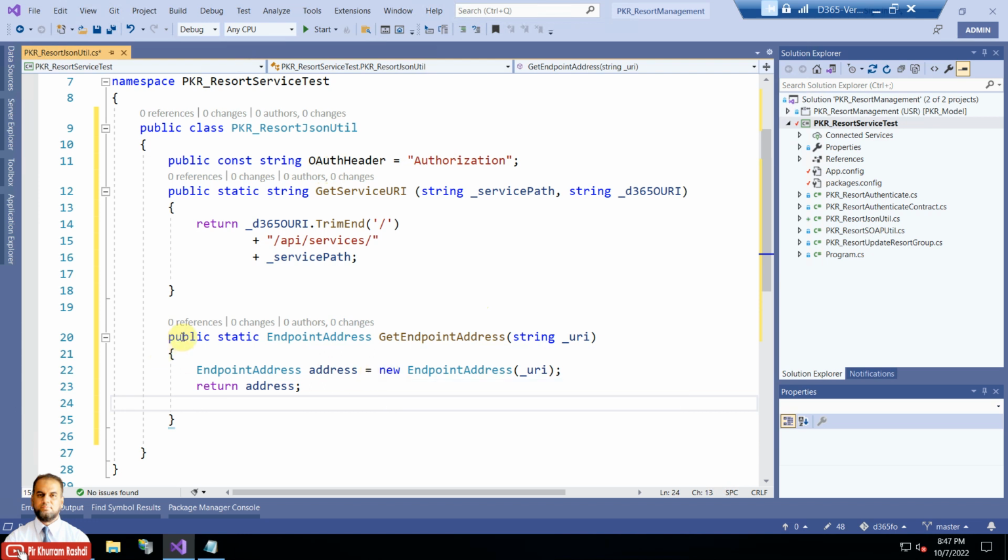Public is an access modifier, meaning that from an external class you can also access the method, and static means there is no need to instantiate the class in order to call the method. The return type here is string, and it accepts two parameters, service path and the other one D365 URI. What it does basically is that the D365 URI, or instance URI, is trimmed and with